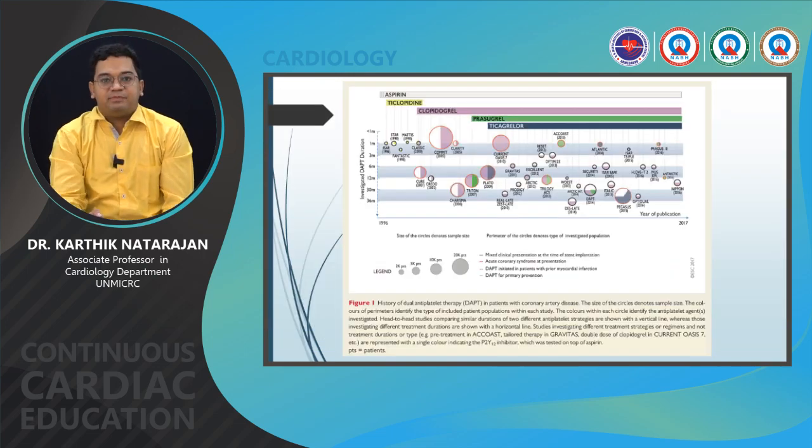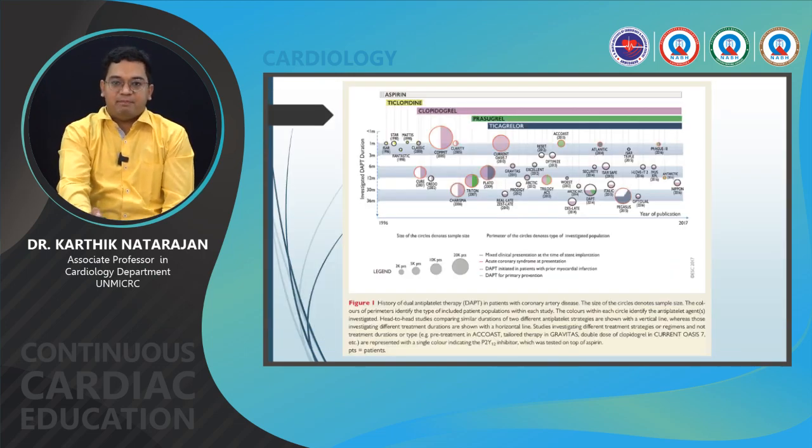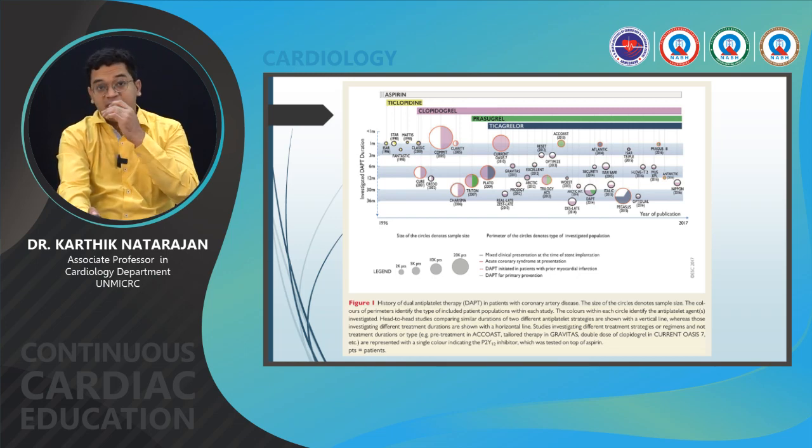Now, this is the history of dual antiplatelet therapy in patients with CAD. Right from aspirin, which was one of the earliest molecules studied, to ticlopidine. Ticlopidine is a P2Y12 inhibitor which was introduced the earliest, but it has hepatotoxicity and bone marrow suppression as its side effects, and hence it has been withdrawn from the market, and now it has been replaced by safer and more potent P2Y12 inhibitors in the form of clopidogrel, prasugrel and